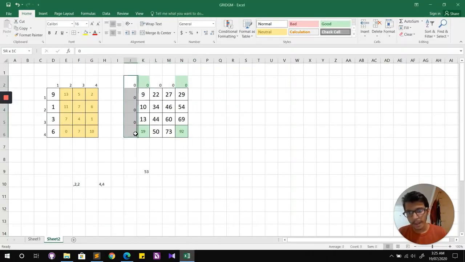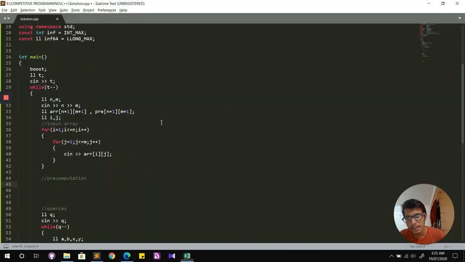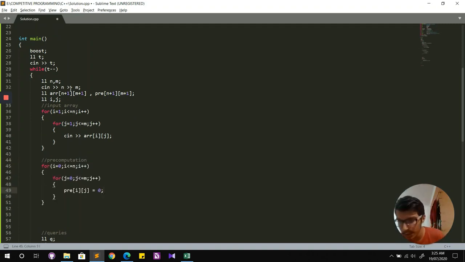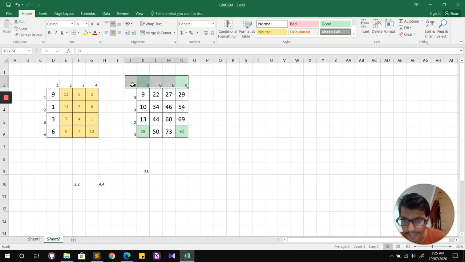As we'll be filling this matrix from left to right and top to bottom, we'll be initializing all the elements in this array by 0. That can be done over here separately. Now that I've initialized all my elements with 0, I don't need to worry about these padding elements, as I'll be only filling these elements and these will essentially remain 0 at all times. Cool.